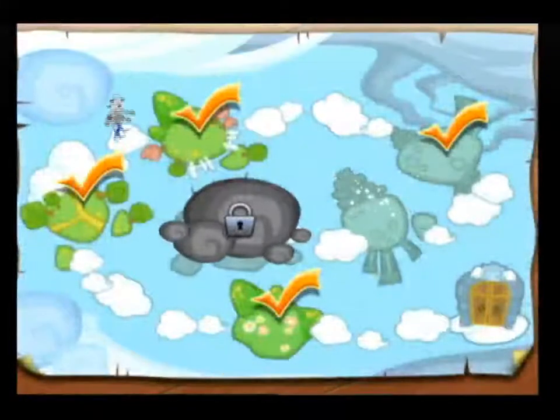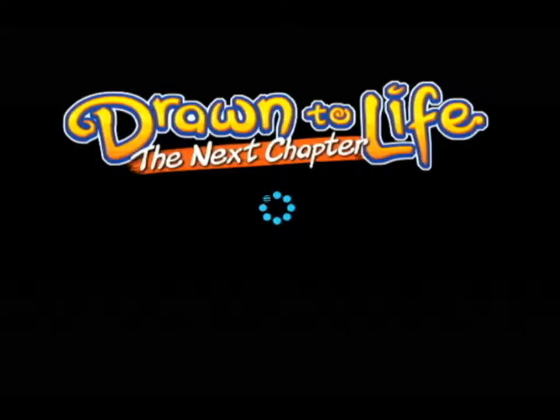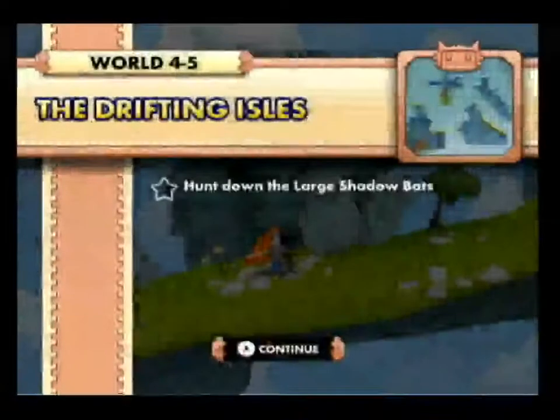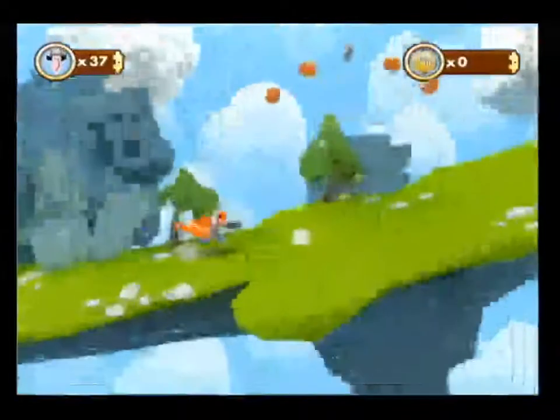Okay, so onwards to investigate these shadowy creature bats. Oh, so this little area is just different little islands. So we have different islands floating in the sea of air. Would make sense that each island is their own, with a different topography and such. Alright, hunt down the large shadow beasts. Okay, maybe